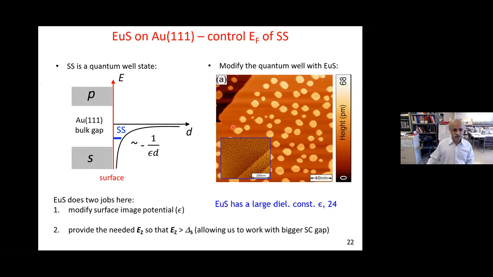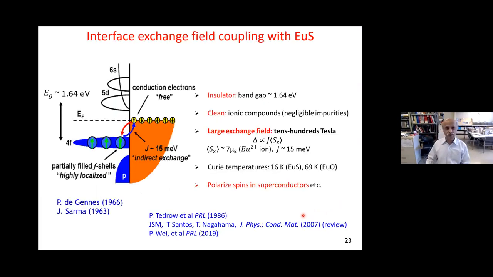Now, this is very easy to understand because when you change the dielectric constant on the surface of the gold, you're changing the potential here, the surface potential. That creates this big drop in the Fermi energy all the way down to the surface and down to the edge of the band. That's because the europium sulfide has a large dielectric constant, as you can see, around 24, compared to the vacuum or aluminum oxide. So we do have a way to tune the Fermi energy now.